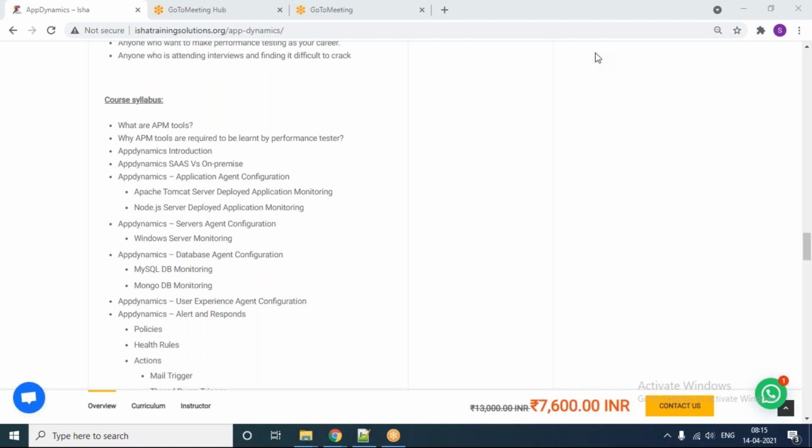So why do we use AppDynamics? Because we can achieve this just by running a simple script or putting some code at the switch level.